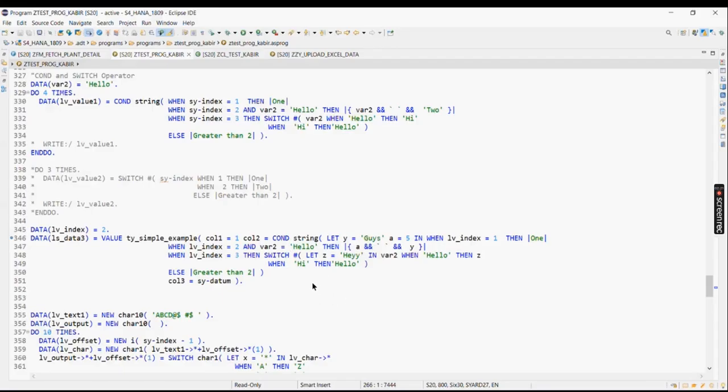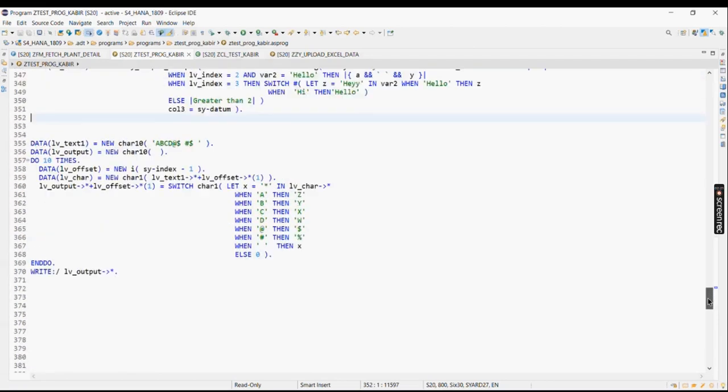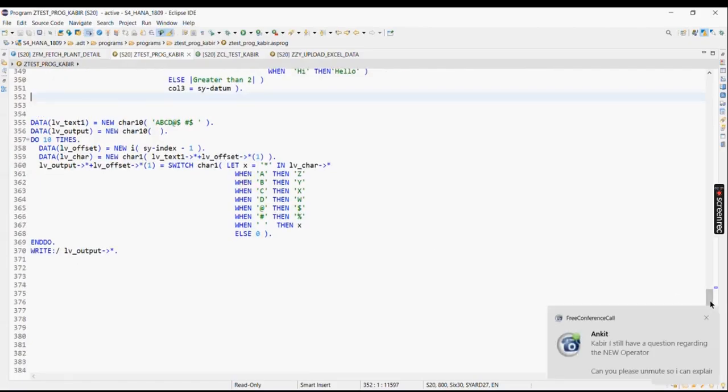Then we introduced the concept of auxiliary variables by usage of the let operator inside your COND or switch operator, so that you can accordingly build your values, construct your structure or internal table, or whatever is required. And this new and ref operator,